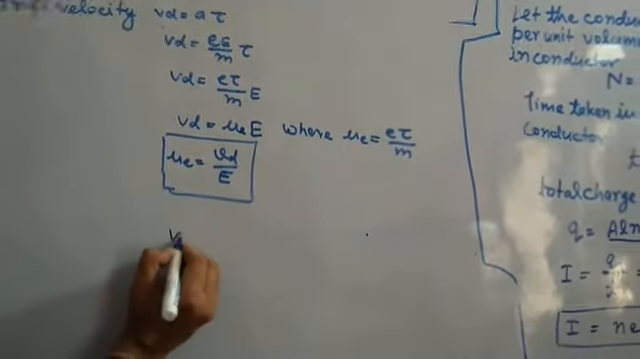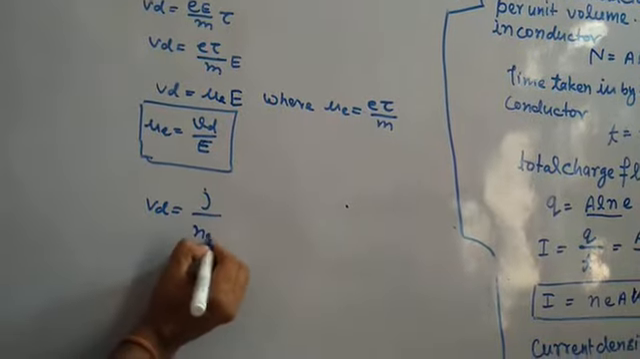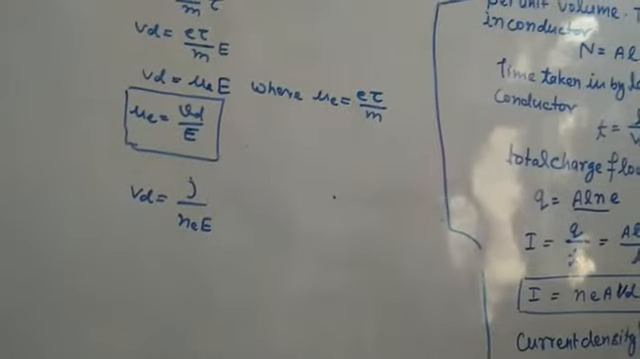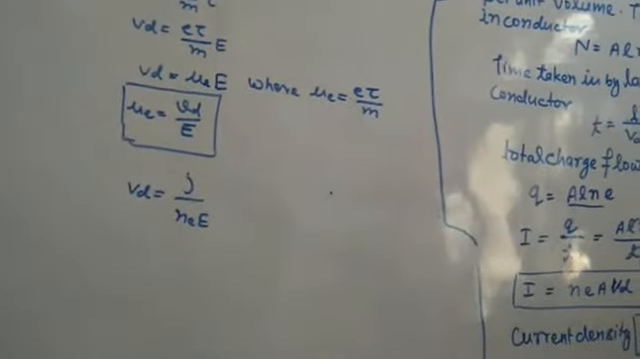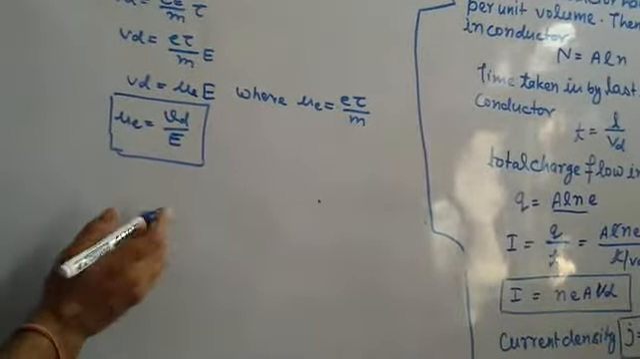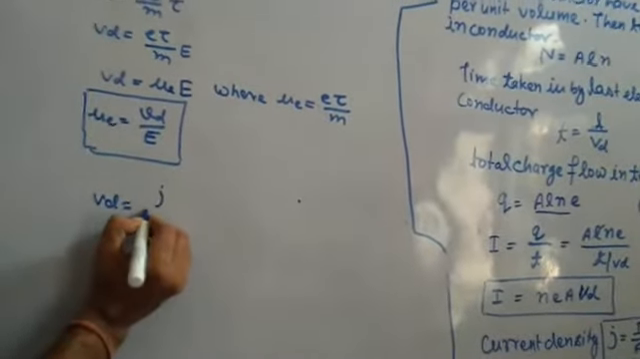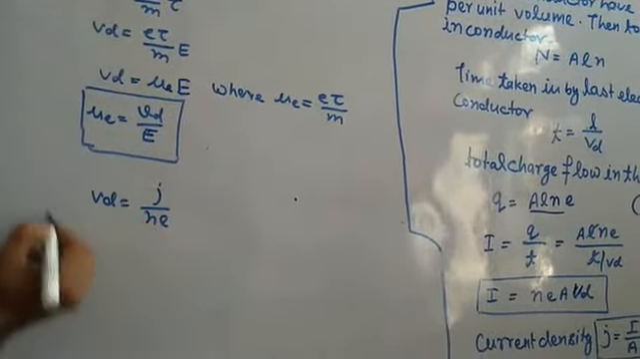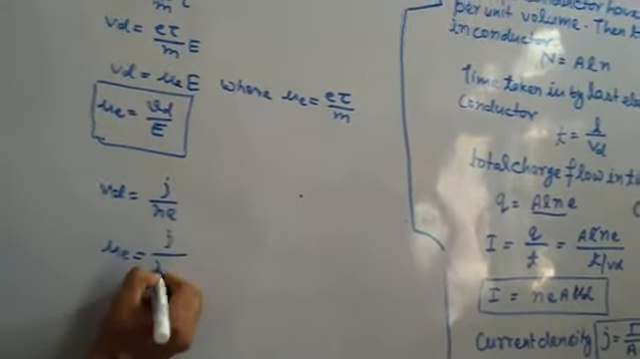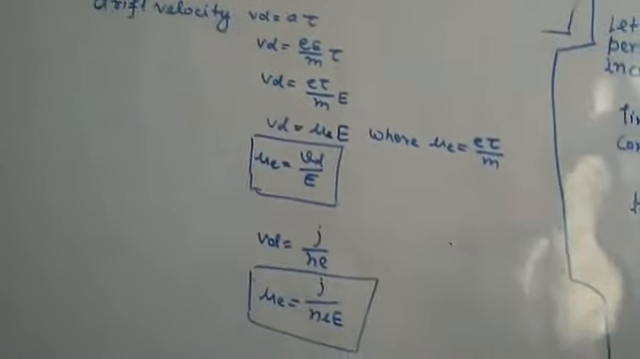Vd equal to J upon n e. Putting the value of Vd, mu e equal to J upon n e E. This is another form, where J is the current density,